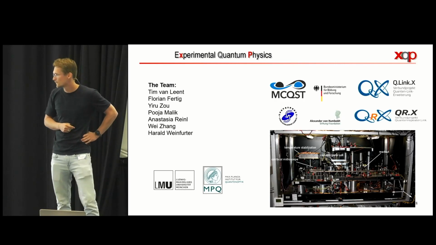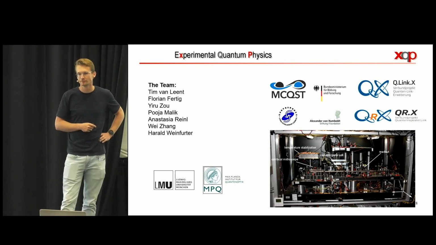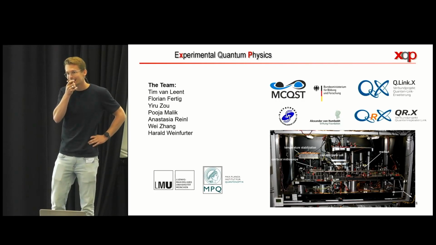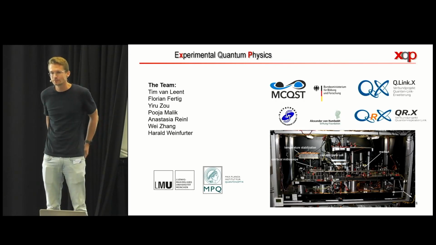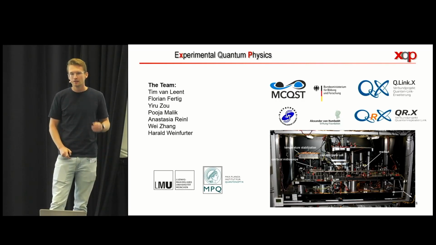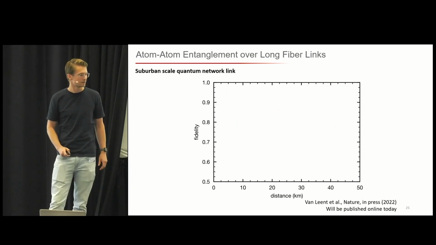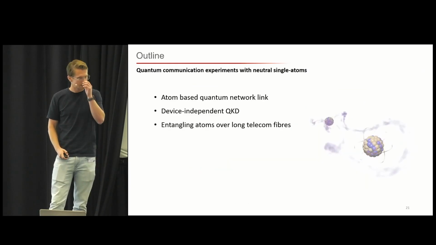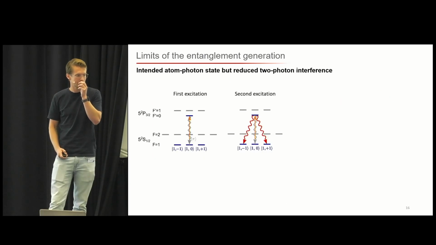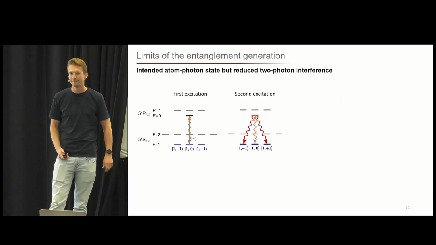Good. Further questions? There's one question. Hey, first of all, thanks. This was a really nice talk. And I have a question on the part where you talked about the atom-photon entanglement. You showed that there are these two decay paths with orthogonal polarization. My question would be, is this splitting ratio naturally 50-50, such that you automatically get a maximally entangled state? Or do you have to, or actually can, control this in some way?